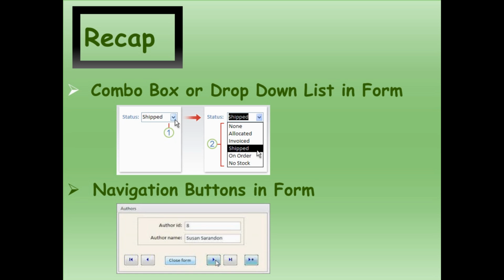Like combo box or drop down will provide you all the options in the form of a list, and you just need to click and choose them. Navigation buttons will allow you to move back and forth in a form, and you can insert them in the form of text also and in the form of picture also.